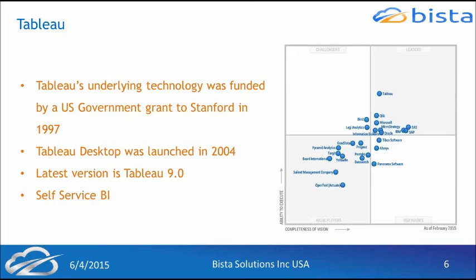Now, in this slide, I will just talk about Tableau. Tableau is one of the leaders. On the right-hand side of the screen, you will see a Gartner report presented in February, the Magic Quadrant. Gartner is quite famous for the Magic Quadrant, and you see that Tableau is sitting right at the top right corner of the quadrant. They were founded in 1997 at Stanford University, and they came up with this different way of showing the data.